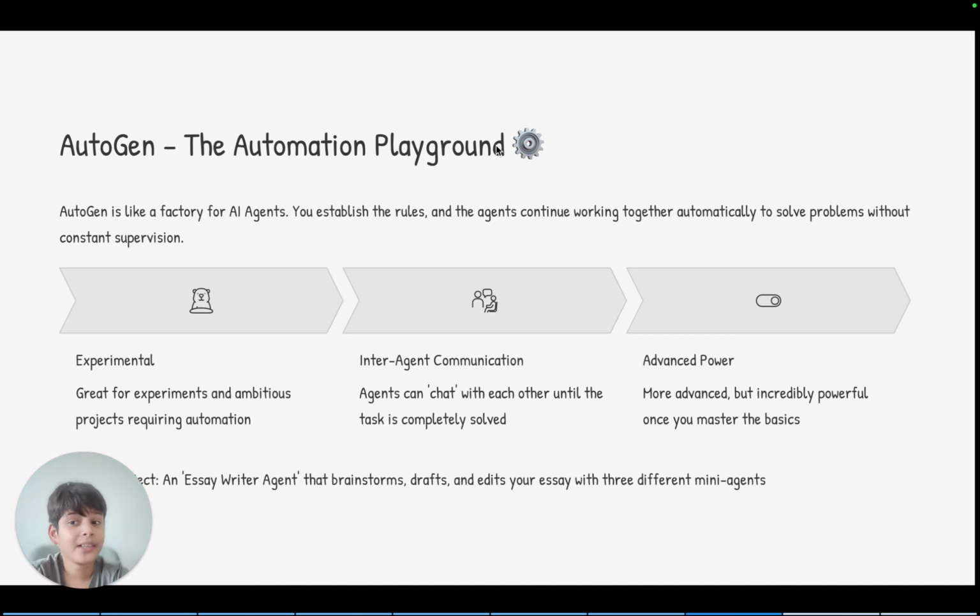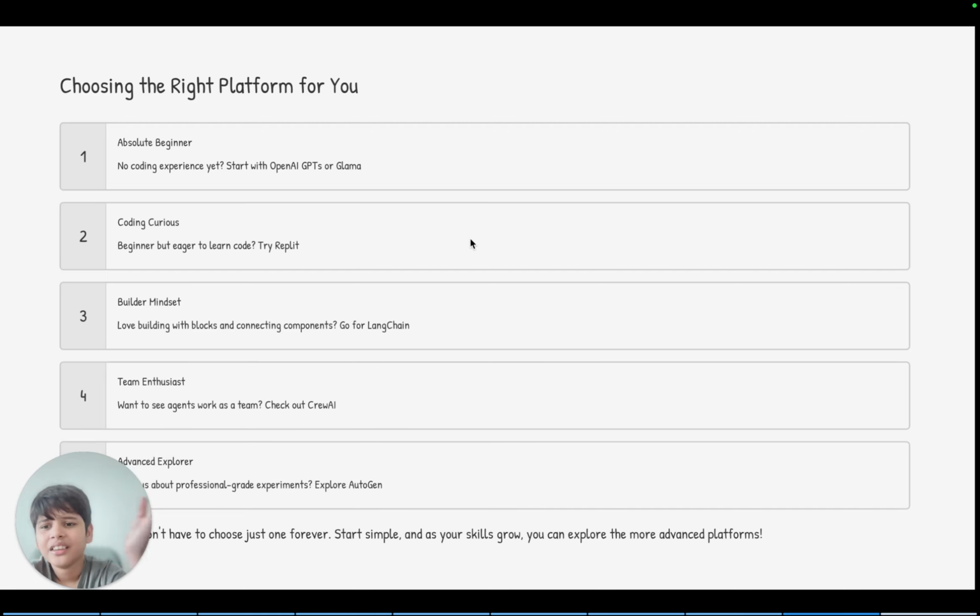Okay, so which one should you start with? Here's a quick cheat sheet. Absolute beginner, no coding yet? Start with OpenAI GPTs or Glama. Beginner but curious to learn code? Try Replit. Love building with blocks and connecting stuff? Go for LangChain. Want to see agents work as a team? Go check out CrewAI. Curious about professional grade experiments? Explore AutoGen. The best part, you don't have to choose one forever. Start simple and grow as you explore